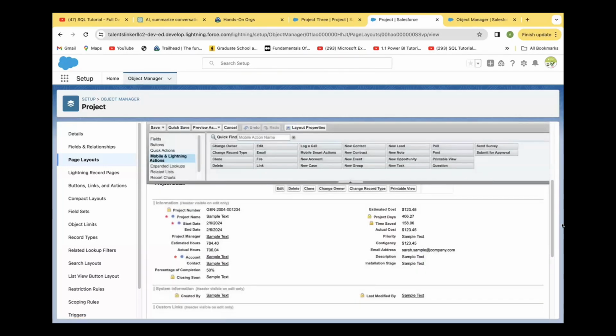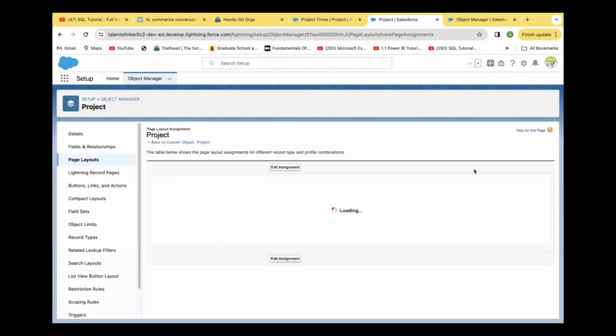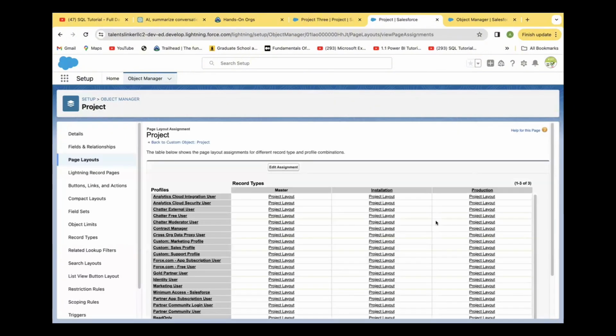Now, after I've done this, it's time to go to my page layout and assign my page layout. I'm not done yet. If I still go to the front end now, nothing has been perfected there. The way I assign a permission set, I need to do page layout assignment. I will go to page layout assignment. You will see all my three page layouts now. You can see everything is showing project layout, project layout. It has not been assigned. It's still carrying all the features of the master page layout that the system automatically gave us when we were creating our project